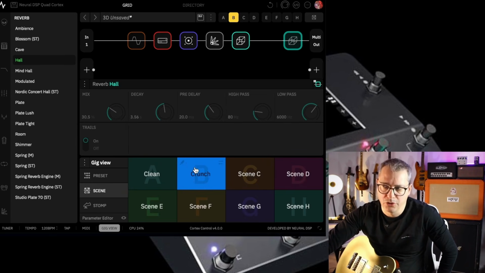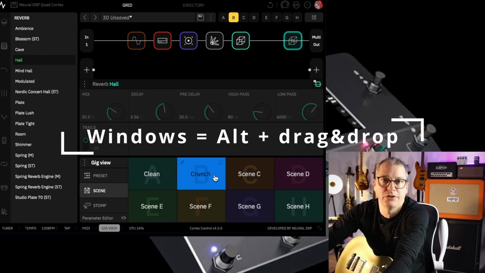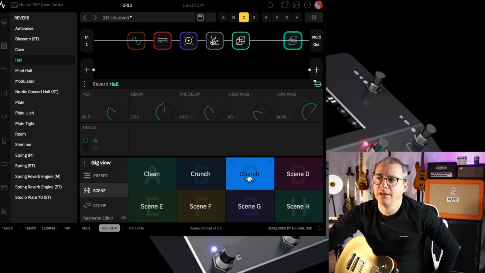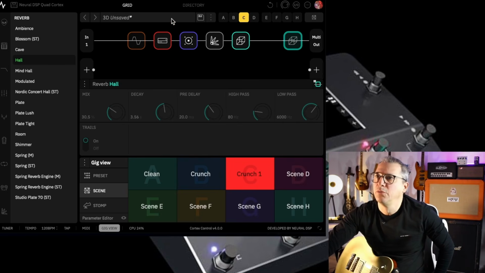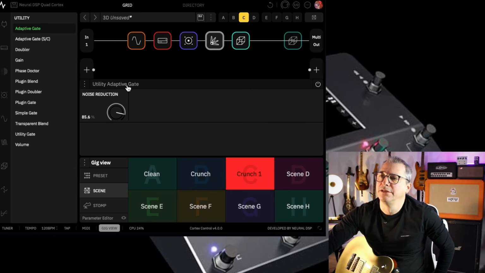So keep the crunch here, but create another one just like it. On a Mac, I simply hold down the Option key and drag it over, and as you can see, now I have two separate crunch scenes. Then I modify this second one, set the color to red, rename it to Crunch 1, and go right over here. Finally, I assign my distortion button to this specific scene and turn it on. Now here I'll have a nice